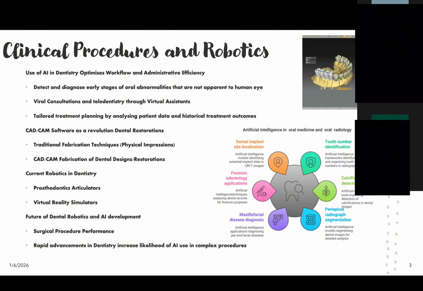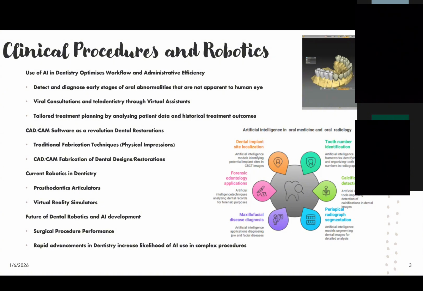Robotics may play a larger role in surgical procedure performance, increasing accuracy and reducing human error. As technology advances, it is likely that AI will be increasingly used in more complex dental procedures, further improving efficiency, safety, and patient care. As a fun fact, in